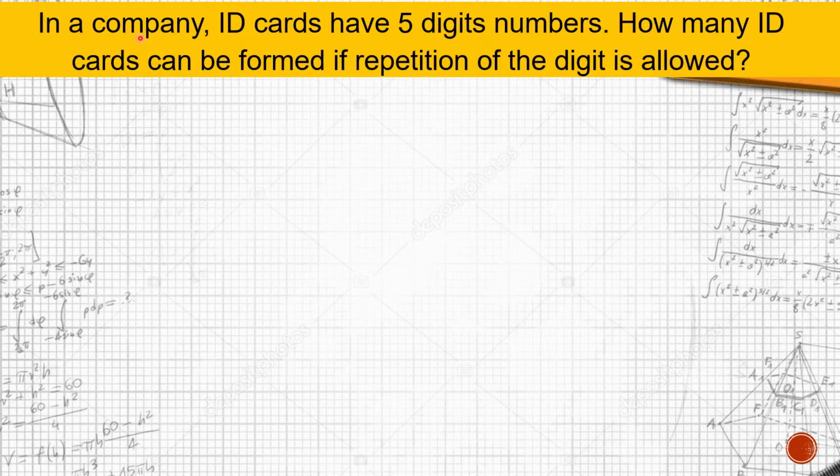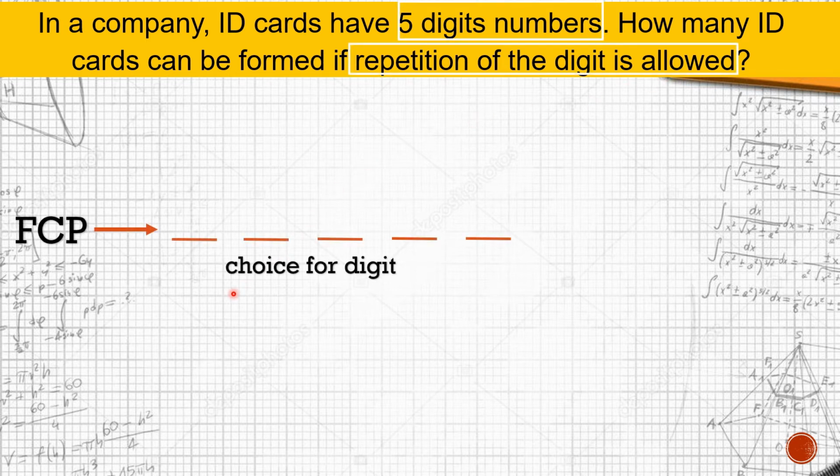Next problem. In a company, ID cards have 5-digit numbers. How many ID cards can be formed if repetition of the digits is allowed? So, using FCP, we have 5 ways to choose for the digit. Kasi 5-digit number, so we have 5 slots here. And since repetition of digit is allowed, pwedeng maulit yung mga digits. So from 0 to 9, meron tayong 10 choices